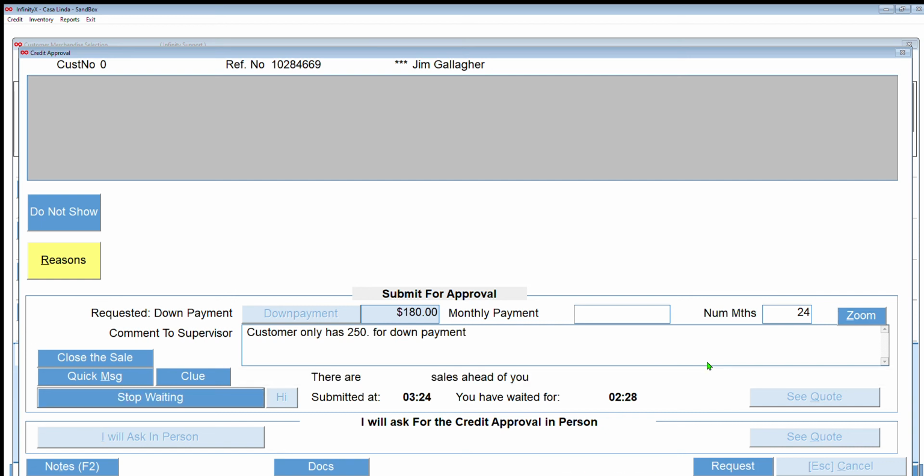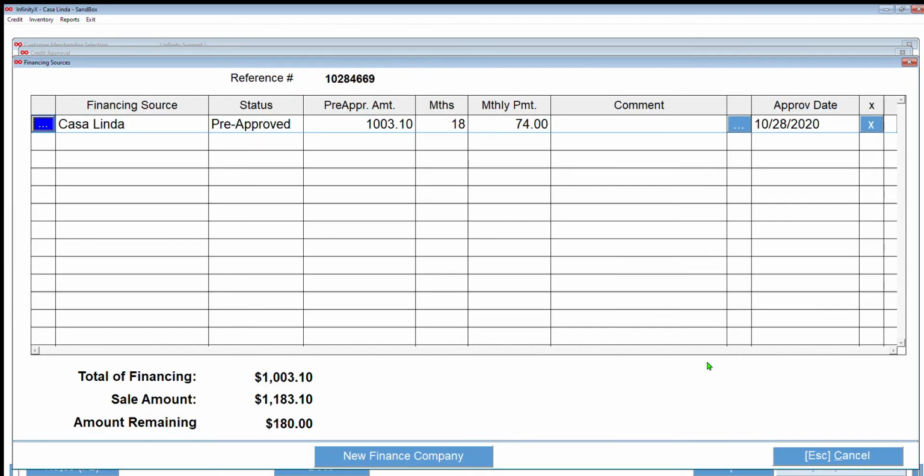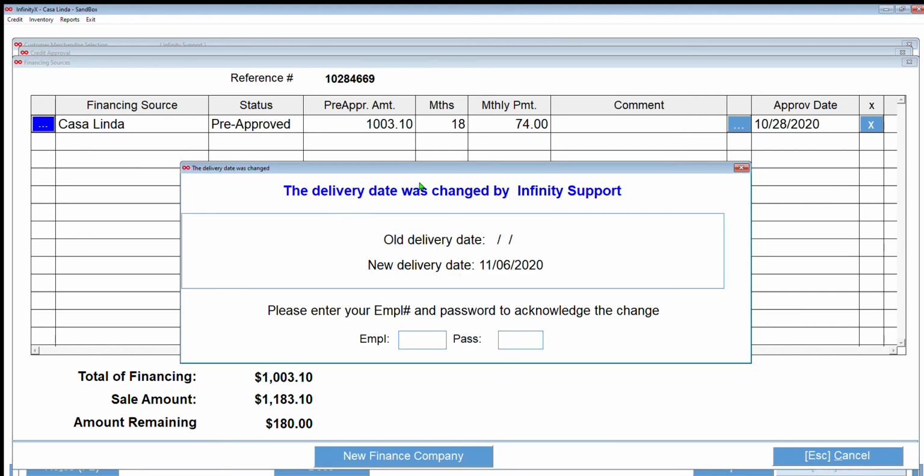All right, so I've now coded the deal, and any second you should see this screen change. There it is. This is what it will look like when your offer comes back from your credit department. If you click on that blue button,